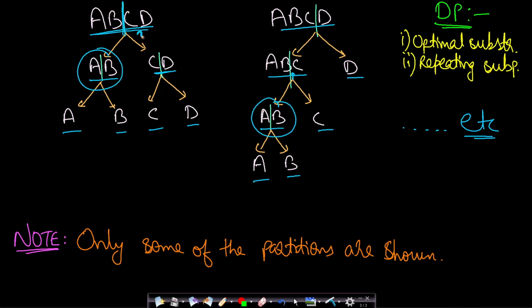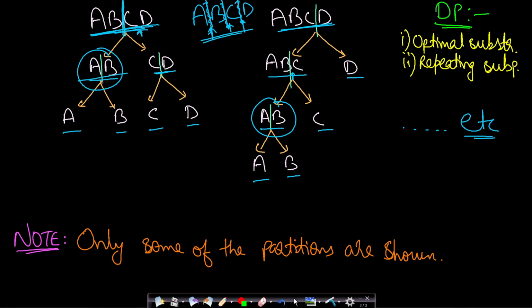So when we are given matrices, let's assume we are given matrices A, B, C, D, then we will be trying to partition at all possible points. First we will try the first point, then we will get some answer. We will try the second point, we will get some answer. Again we will remove this, we will try the third point, we will get some answer. We will take the optimal out of all these possible answers. Here I have shown what the structure will look like if we divide between B and C. Here I have shown what the structure will be if we divide between C and D.